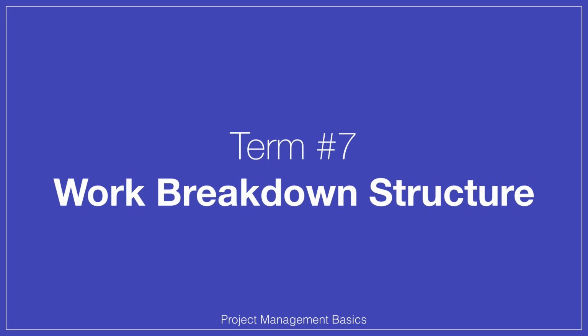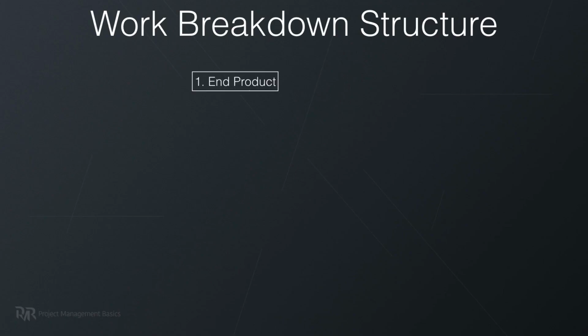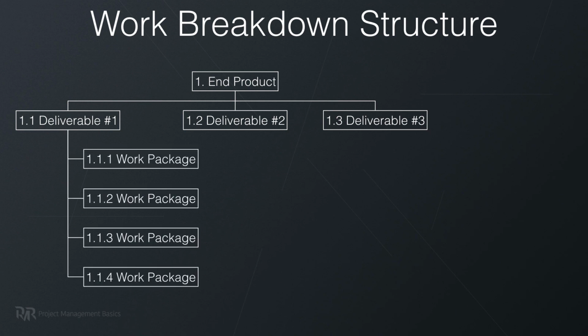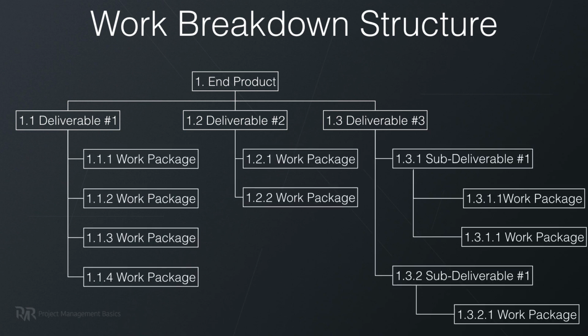Next, we need to talk about the work breakdown structure. You need to identify 100% of project scope. Work breakdown structure, or WBS, helps you to do it. It's a simple tool with serious underlying concepts and principles. It shows the decomposition of project work. You start from the top where you have the final product, service or result. Then you break it down into major pieces. Then you break down each piece further into smaller pieces of work. You continue until you get pieces small enough to estimate and manage.